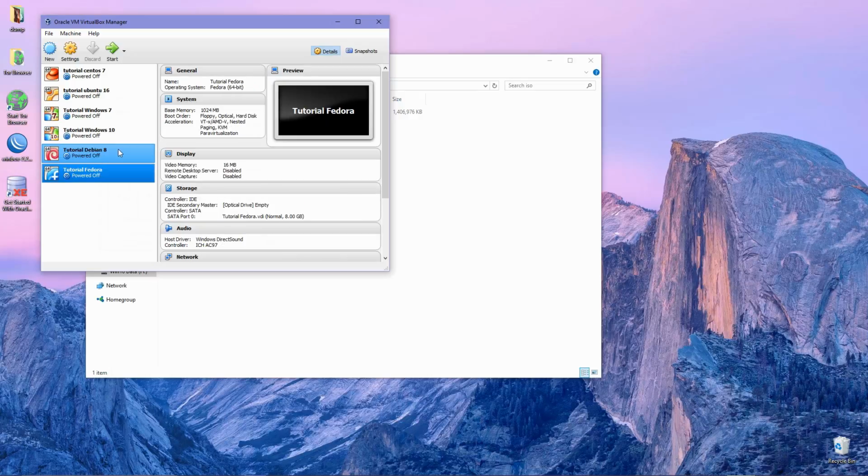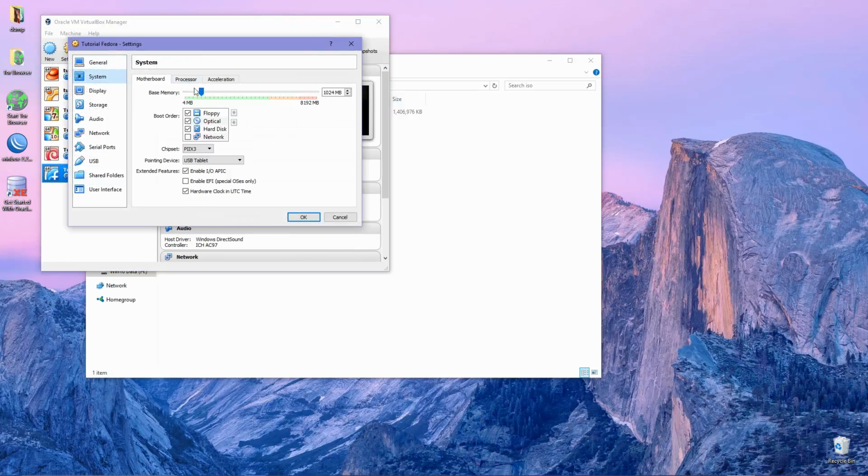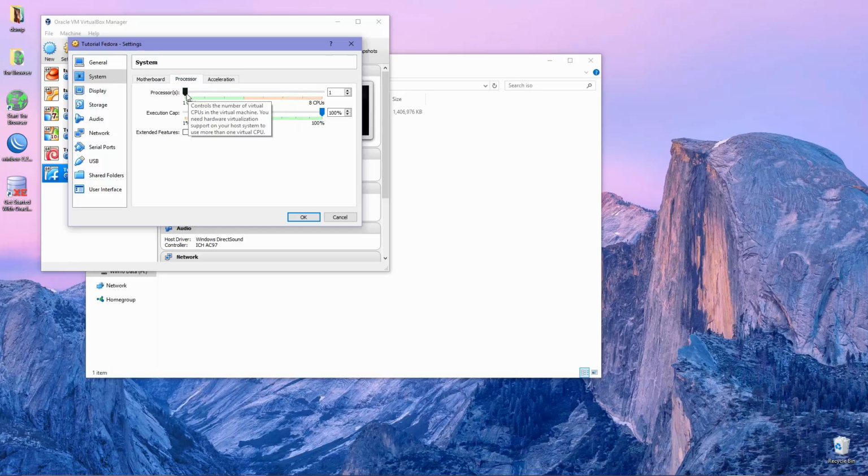Next select your instance and click settings, go to System, uncheck floppy and move it to the bottom. For processor you can use 1 CPU or 2 CPU.